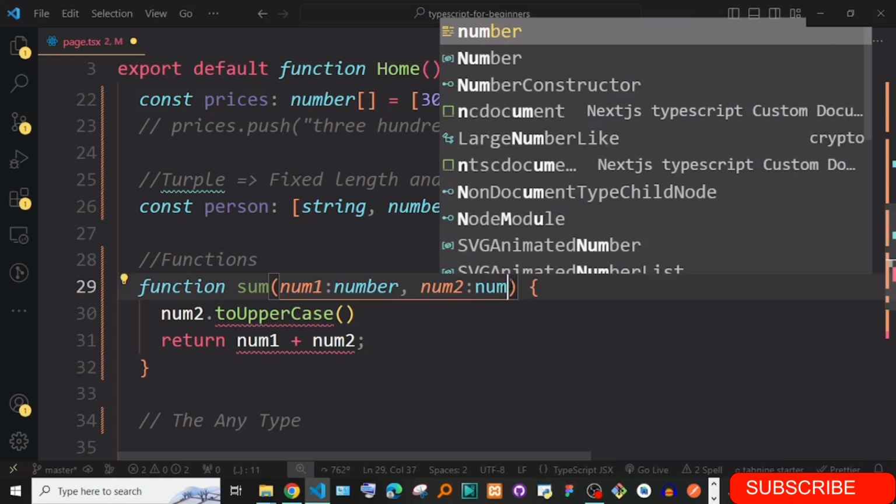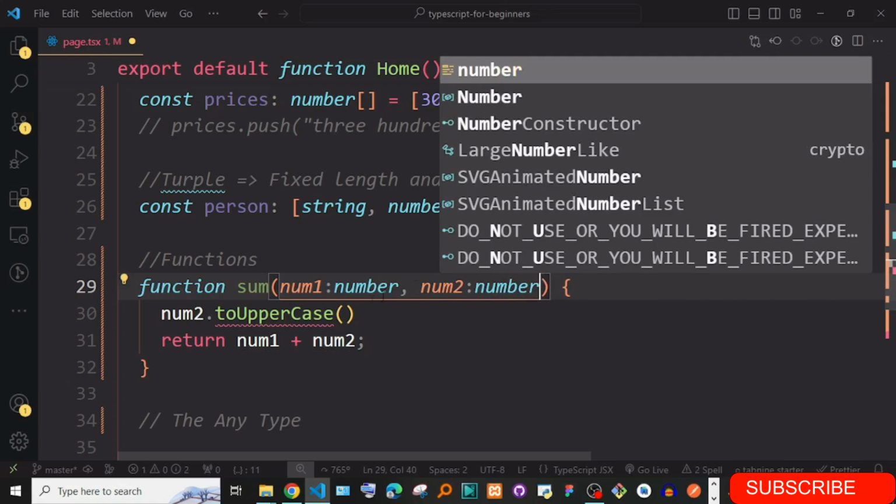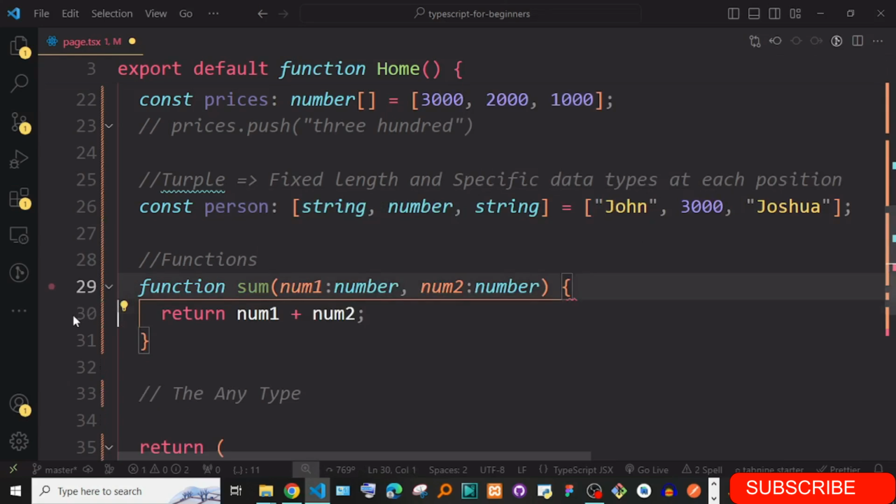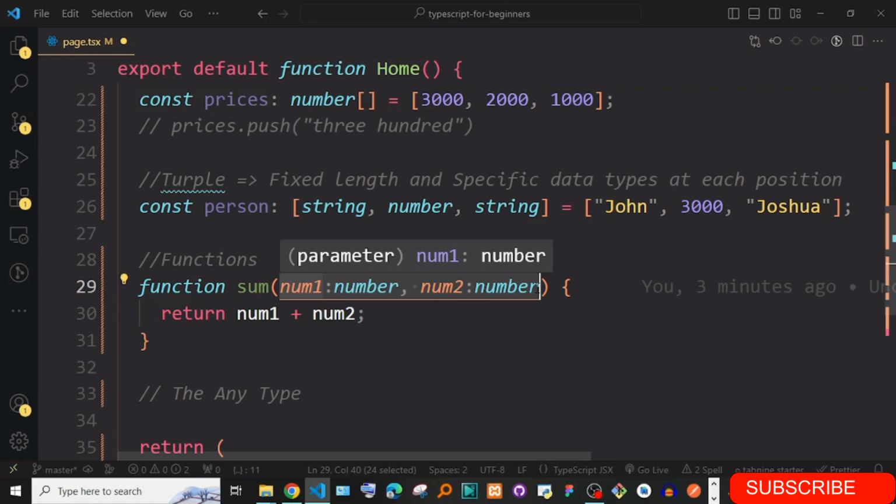Anyways, let's also give this one a number. Now toUpperCase is of course quote. Now we can remove this one, and you can see basically here you have now any1 and any2, and this is really okay now, has no issues. Now in the functions, all your parameters must be given types like so. For instance this one, now this one is okay.